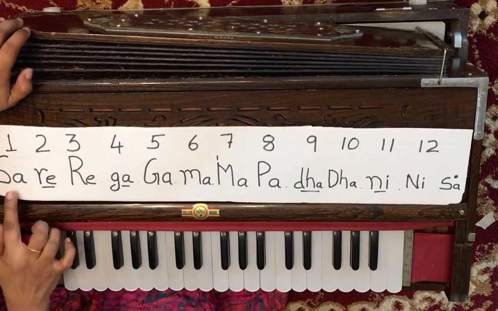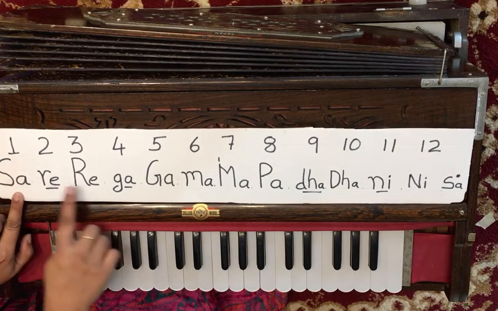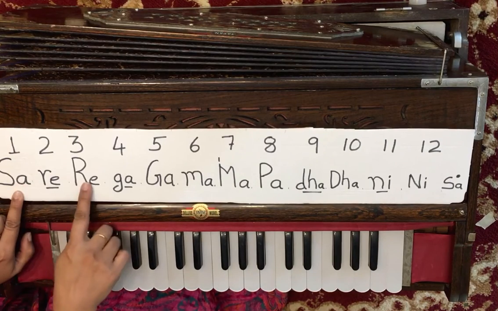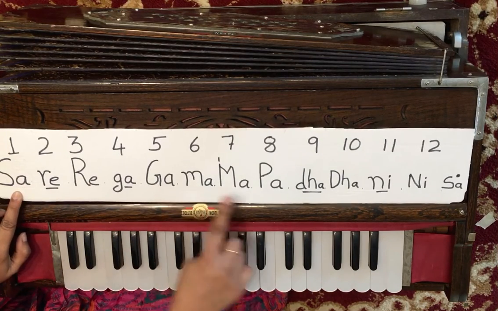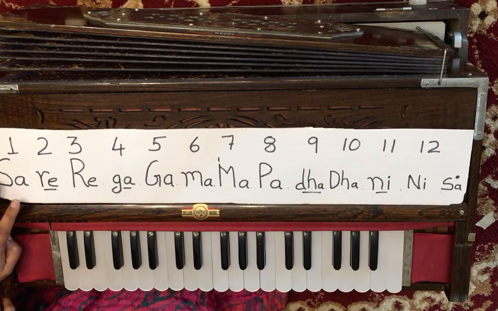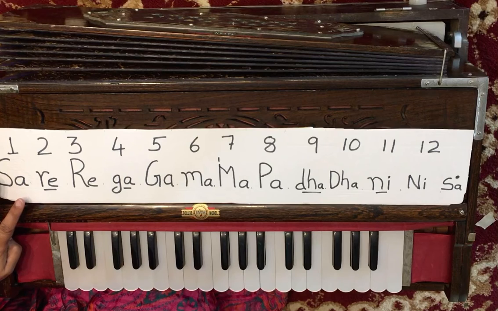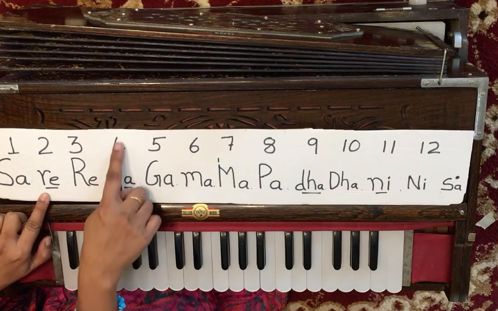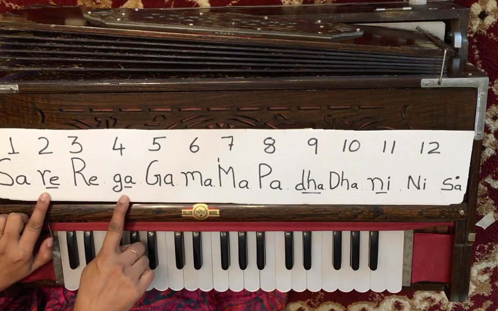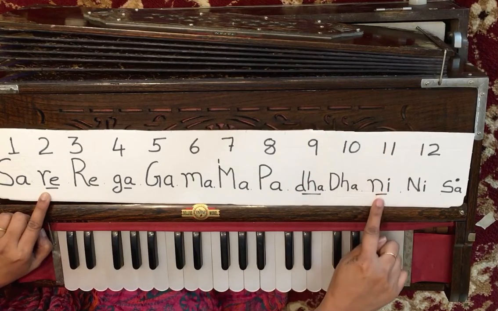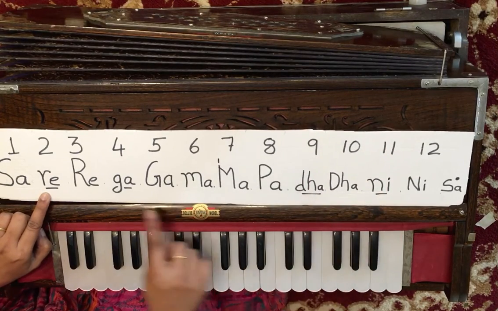So all the natural notes that we played so far, 1, 3, 5, 6, 8, 10, 12, these notes are called shuddha, meaning pure, natural notes. Re, this re, number 2, number 4, number 9 and number 11 with underlines,